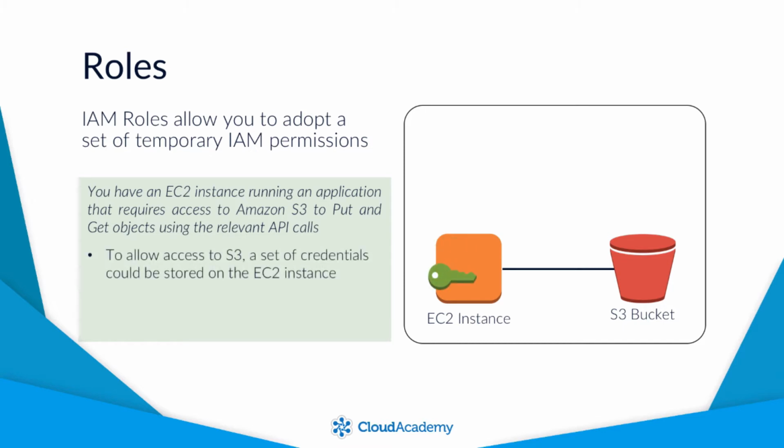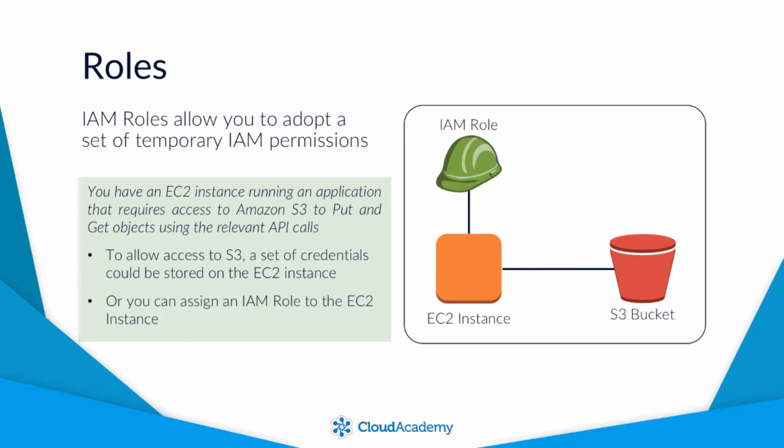To allow access to S3, a set of credentials could be stored on the EC2 instance itself, allowing any application to use those credentials to gain access to the relevant bucket for any put or get API requests. However, in this scenario, you would need to manage these credentials manually, including the rotation of access keys, which is obviously an administrative burden. To alleviate this issue, the EC2 instance could be assigned an IAM role that would contain the relevant permissions granting the EC2 instance and its applications access to S3